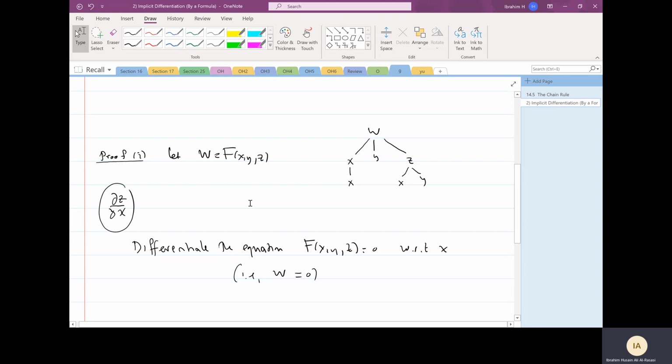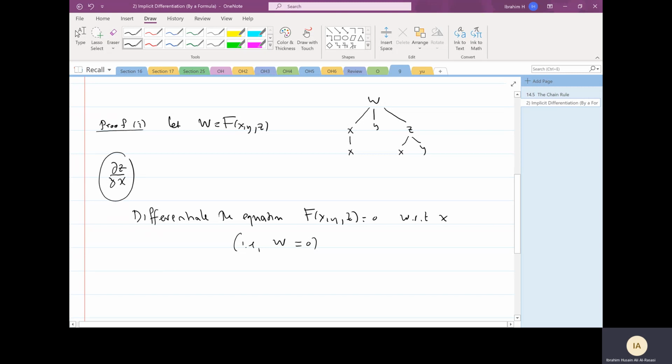Okay, this function is just w, so differentiate this one. Find the derivative of w with respect to x. Use the chain rule. I can go from w to x, through x or through z. So when you apply the chain rule,